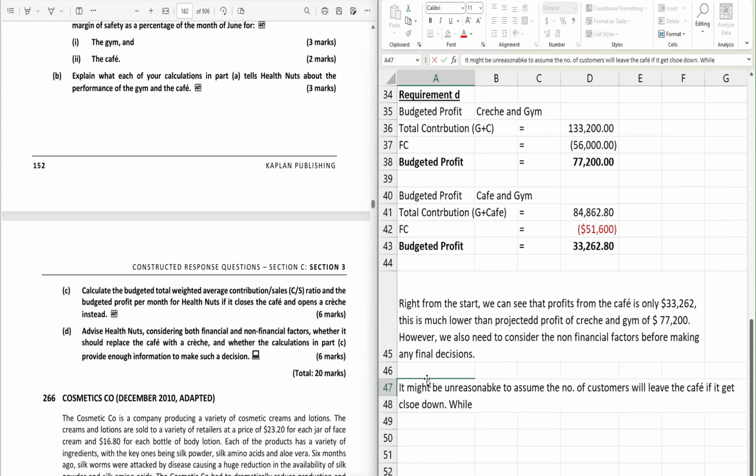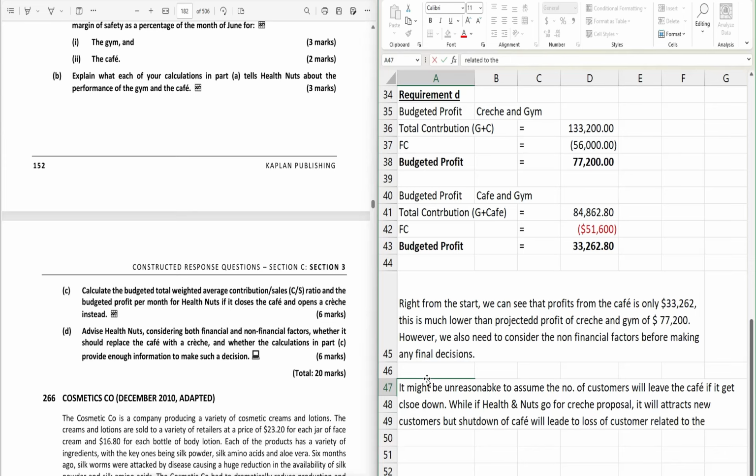While if Health Nuts go for the crèche proposal, it will attract new customers, but shutdown of the cafe will lead to loss of customers related to the cafe. Or what we can write is,